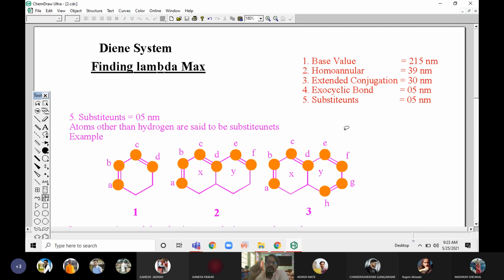For homoannular, there should be 2 double bonds separated by 1 single bond, so this will be a conjugation system, and these two double bonds should be present in one ring only. Then extended conjugation: along with these two double bonds, if there is any other double bond which is in conjugation with these two double bonds, then we call it an extended conjugation. Now the exocyclic: if we have any ring system and a double bond is from outside to this